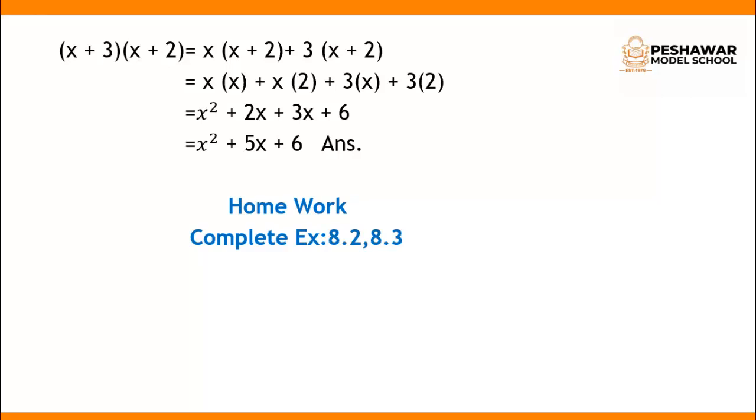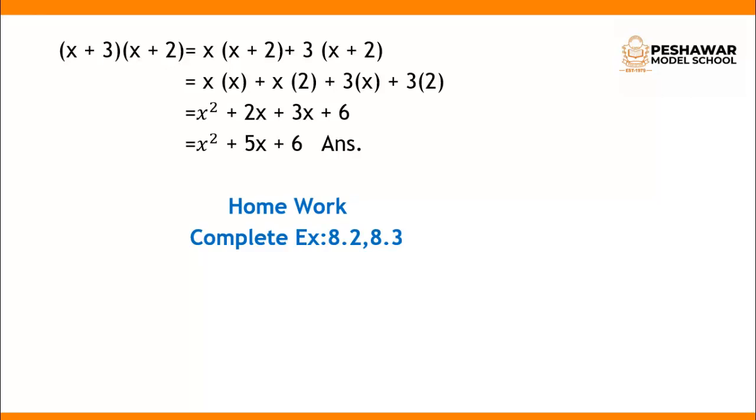In this distributive property, we have to multiply and then simplify. We split up the first bracket: we multiply this x with the whole bracket, that is x plus 2. Then the next term is plus 3, and we multiply plus 3 with the whole bracket of x plus 2. Now one by one you have to do the multiplication. x multiplied by x, bases are the same, power will be added, x square. Now multiply x with 2, that is 2x. Then 3 multiplied by x is 3x.